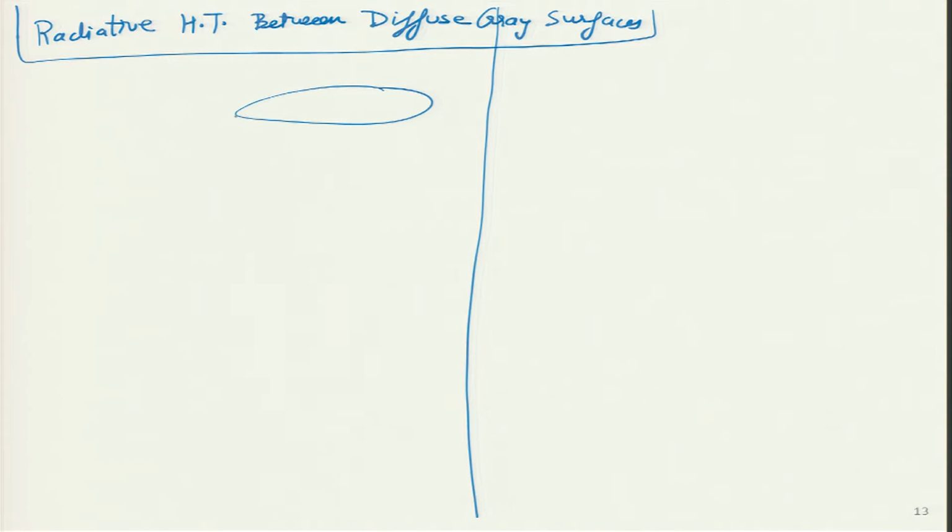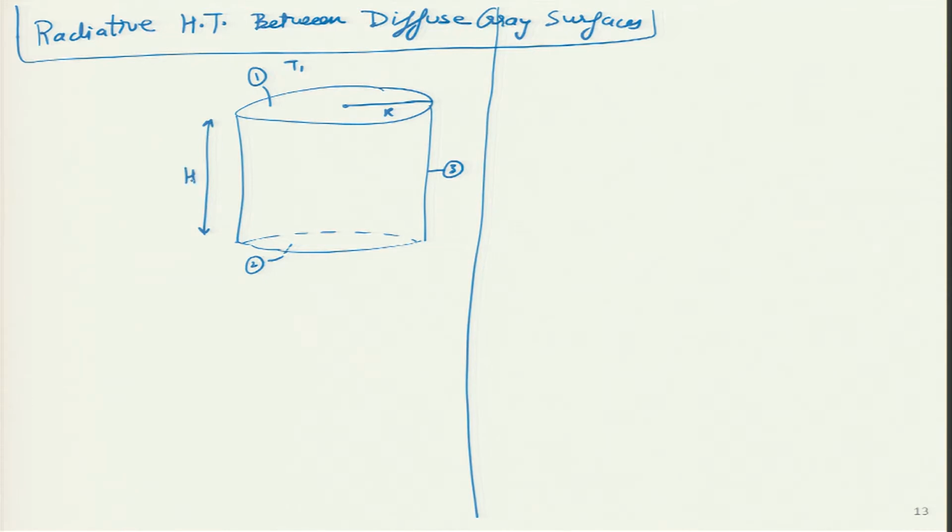So, I will just illustrate the difficulty of this problem. Let me take the same problem as was given last time, and we will try to solve the same problem if we have time today. Let us say this is surface 1 again on the top, surface 2 at the bottom, surface 3 over here. So, I know all the geometries which are involved in this particular problem. I know the radius of the cylinder, the height of the cylinder, the temperature 1 value is known to me, the temperature 2 value is also known to me, and so is the value of temperature 3.